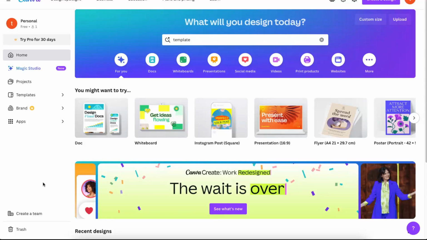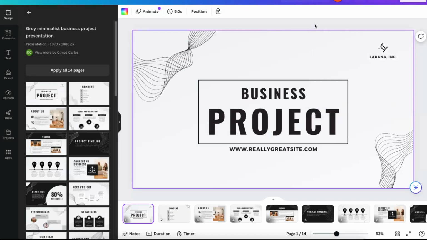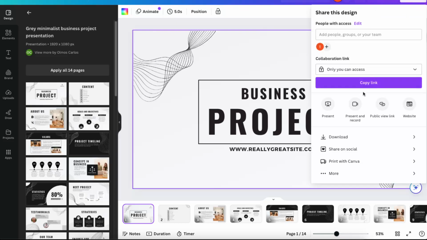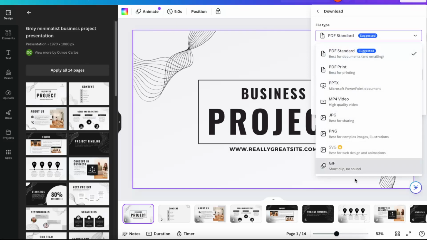Hello guys, in today's video I'm going to show you how to save your Canva template, for example, or some design. And if you want to download it, just go to your design and now click share. And there is a download option, and you can choose from many different formats, like PNG, PDF standard, PDF print, Microsoft